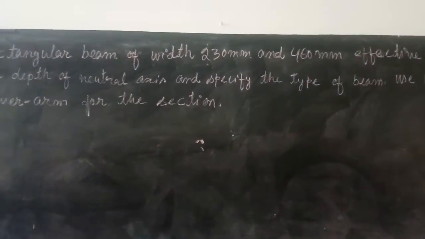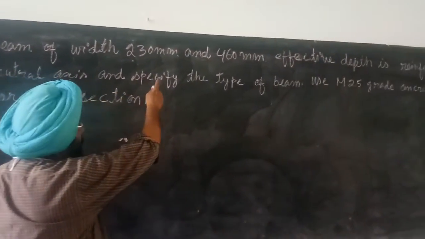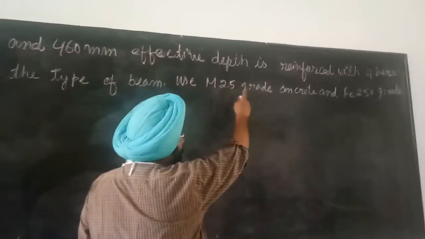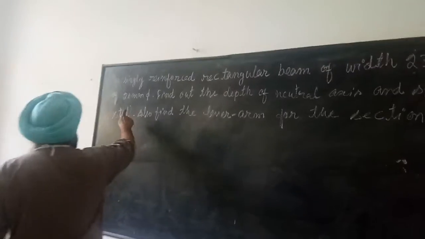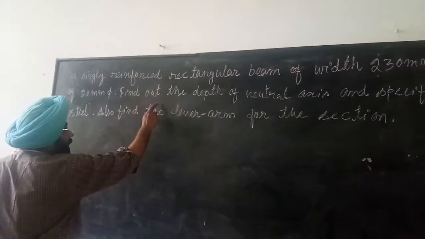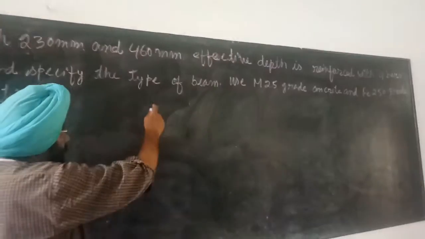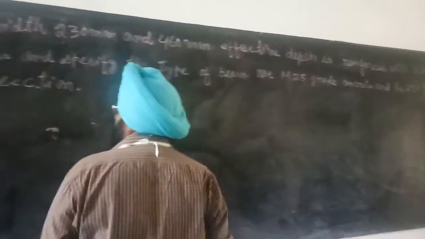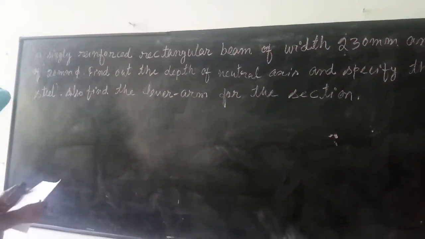The question is: a singly reinforced rectangular beam of width 230 mm and 460 mm effective depth is reinforced with 4 bars of 20 mm diameter. Find the depth of neutral axis and specify the type of beam. Use M25 grade concrete and Fe250 grade steel. Also find the lever arm of the section. So the solution of the problem is,